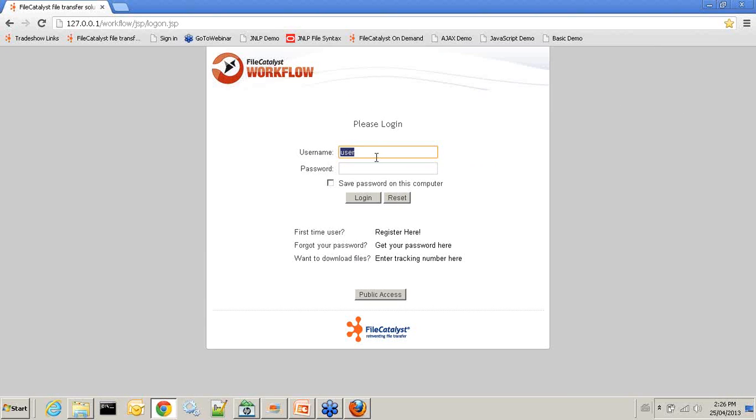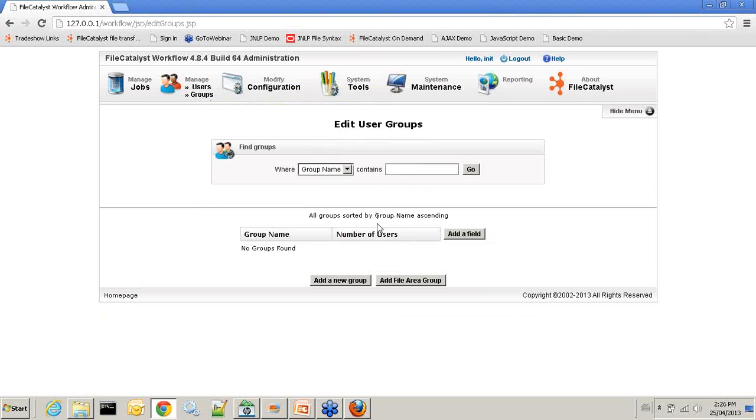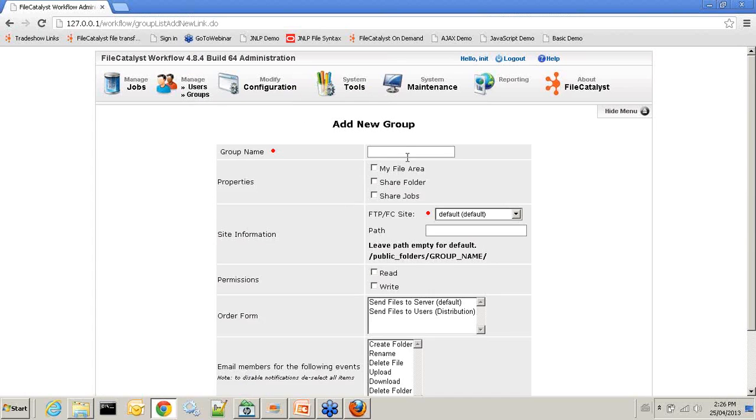So what I'm going to do now is log in as administrator to the system. The administrator gets to see everything, gets to see all the jobs submitted, and configure the system. This is like the root or the super administrator, what we call in the system. I'm going to go into groups now, and I'm going to make a new group here, and I'm going to call it